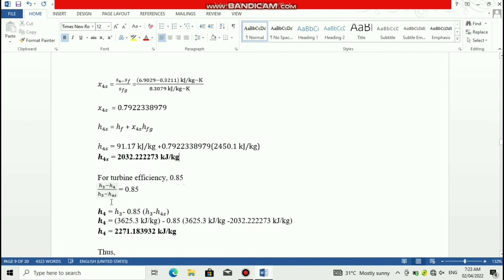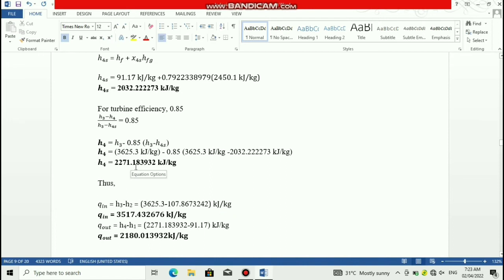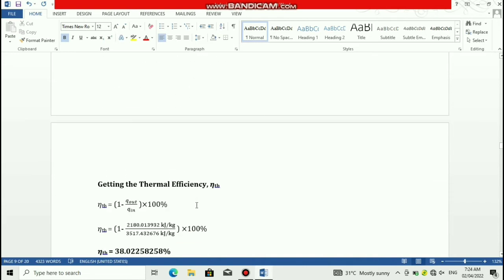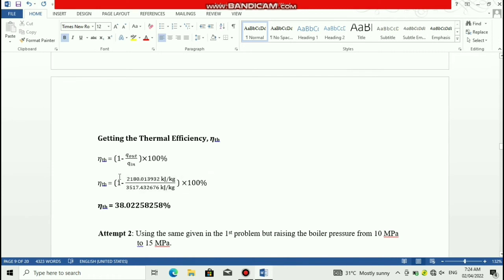H4S. Then, using the turbine efficiency of 0.85 in the formula, we can get the H4. This is the value for H4. Thus, using the data, we can get the Qin by the difference of H3 minus H2. So we get the Qin of 3517.432676 kilojoules per kilogram. Then we can also get the Qout by subtracting H1 from H4. So we get the Qout of 180.013932 kilojoules per kilogram. Then we can get the thermal efficiency using the formula 1 minus Qout over Qin times 100%, in which we